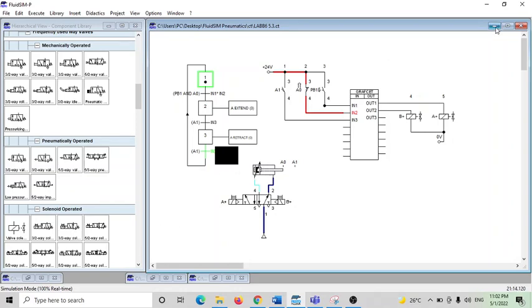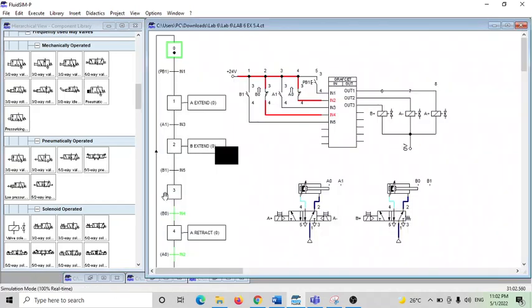So for 5.4, we use one double solenoid valve and one single solenoid valve. When we push PB1, it will trigger the out 1 solenoid valve A plus, and it will extend the cylinder A from A0 to A1.